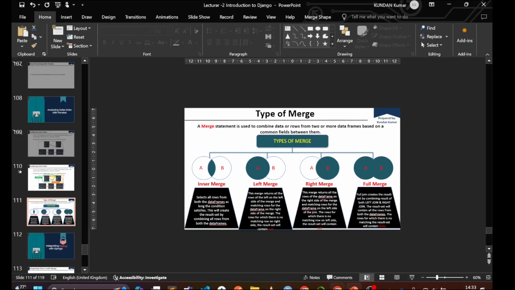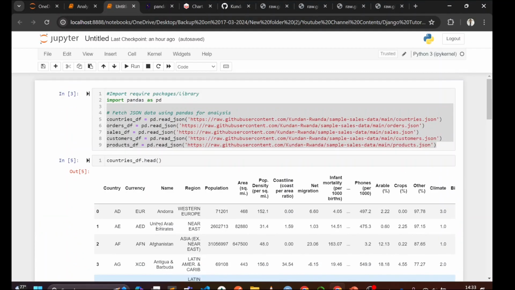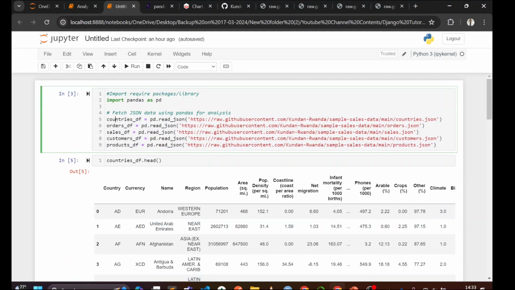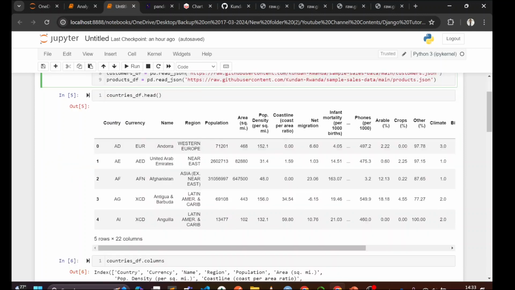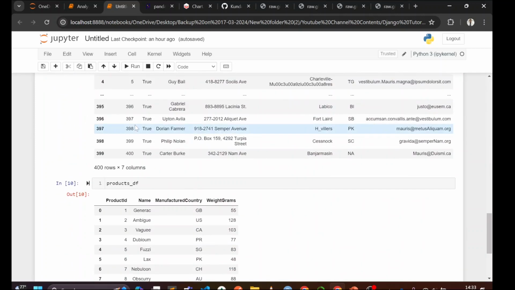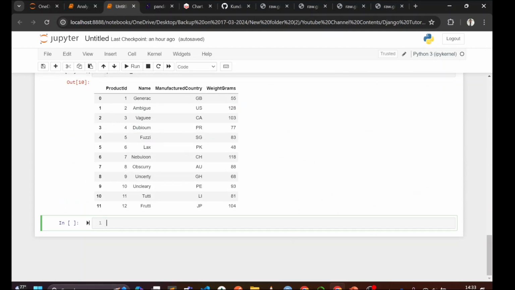So I'm going to the here. We have already done this one. We are going to use the sales and orders. So I'm going to use the sales data and orders data to merge. To do that merging, let me write the comment here: merging sales data and orders data to get customer ID, because